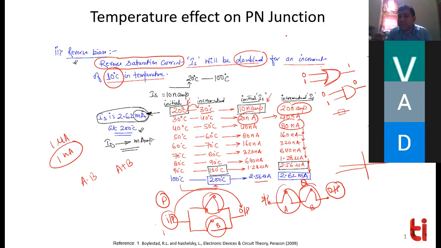So people have kept some limit. Okay, till 0.3 volt, we will consider this as a 0. So you are raising the temperature and that 0.2 volt gets converted into 0.4, and we have kept the limit that till 0.3 volt we will assume this as a 0. So as soon as the voltage goes to 0.4, it will not remain 0. So your complete circuit, your complete system will behave abnormally. So you don't want to increase that. Always remember that whatever diode is having the lowest saturation current is always the good.